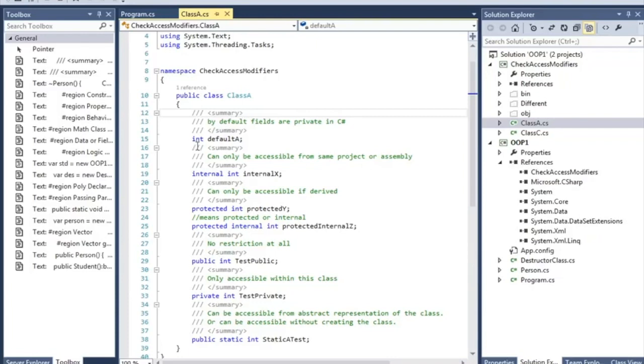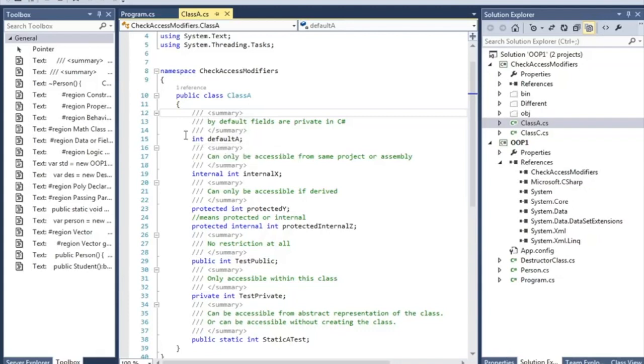If you do not declare an access modifier, the default modifier for a member in a class is private. The default modifier for a class is internal.